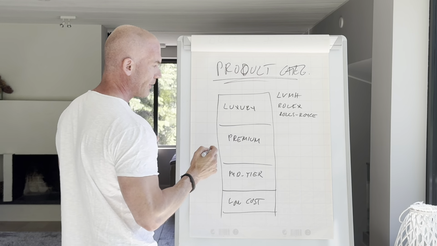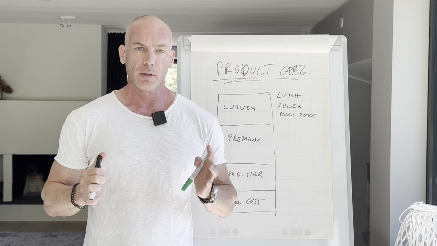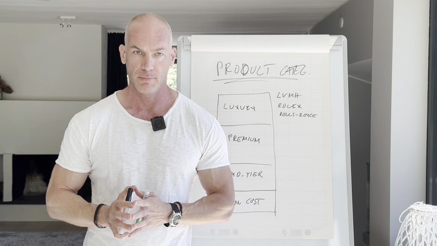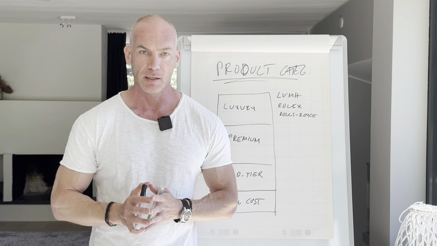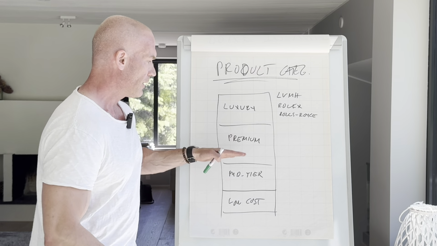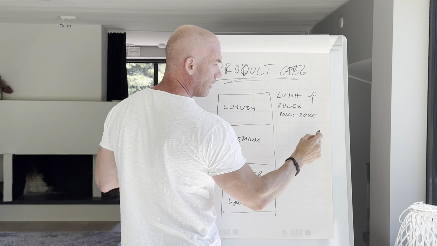So what is typical for this category? It's very typical that when we increase the price, the extra price tag in the eyes of the buyer is value already. So let that sink in. If you buy that Louis Vuitton handbag for $3,500, the extra price tag, the outrageous price of that handbag, is seen as value. Whereas in the other categories, when the price goes up, the value goes up at the same time.